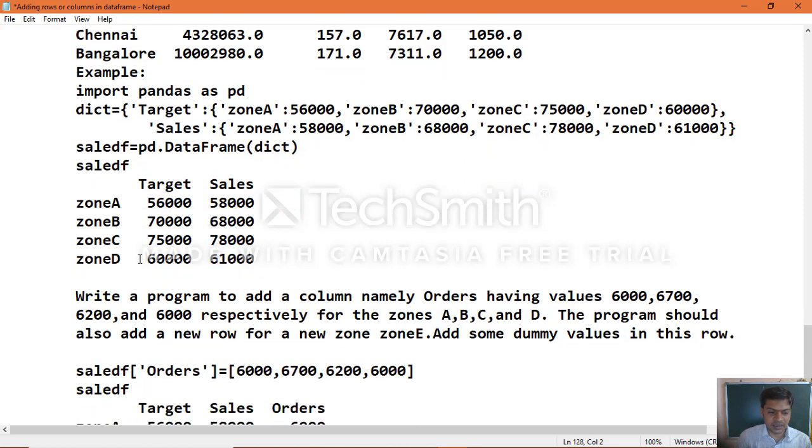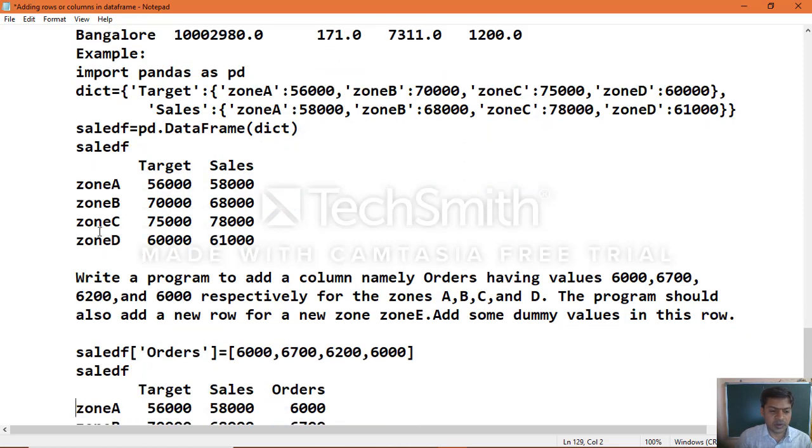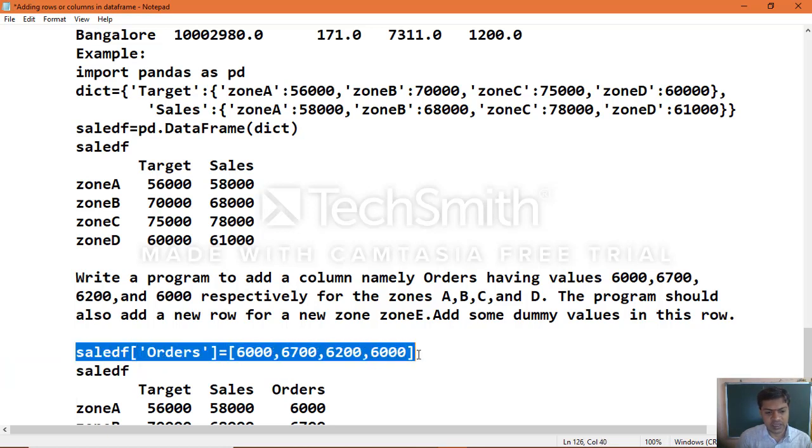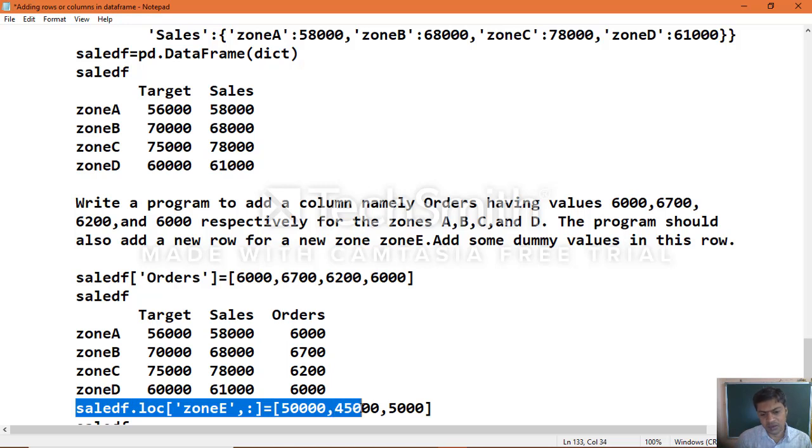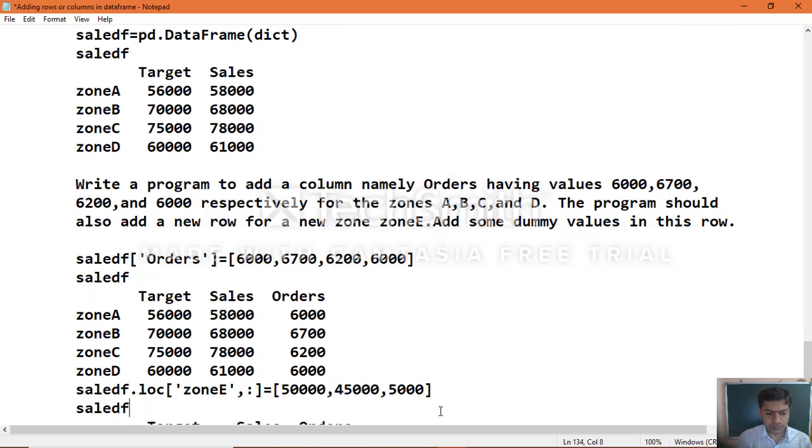So how can we add that? To add a column, we know the syntax: object name followed by the column, equal to the values which you specify. Then if you print the object, you will get the output. In the same way, we know how to add a row to the existing data frame: object name dot loc attribute, row label name equal to the column values of that particular row which you specify.